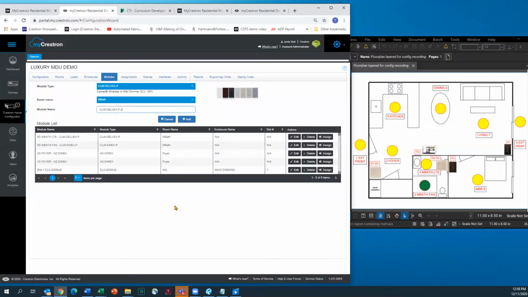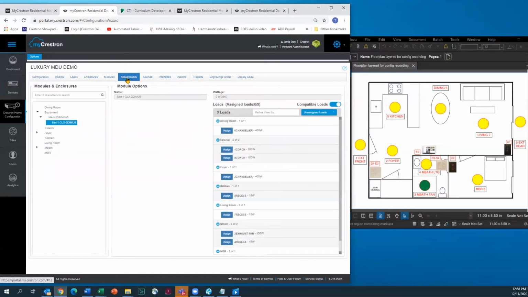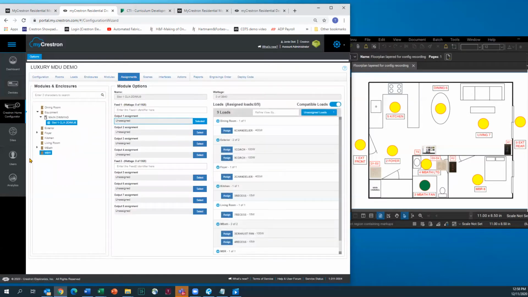And now we move on to the Assignments tab. We can take a look at our drop-down menu to the left, and in each of the rooms where we've added a module, whether it be a centralized dimming module or an individual dimmer or switch, we now need to make load assignments. I'm indicating Circuit 1 for outputs 1 through 4, Circuit 2 for outputs 5 through 8, and